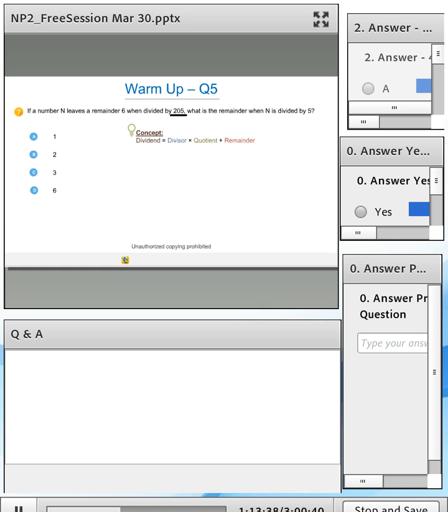So let me just go through the solution real quick, and then we'll look at the method that you guys used to solve the question, because I have an inkling that you are simply utilizing the numbers here to solve the question, which is okay, but I'm going to tell you why you need to focus on this process here. So again, I'm applying the same process here. n is equal to 5p plus r. One thing that you will notice is that here the number has changed to 205. Likewise, the number over here has also changed to 5.